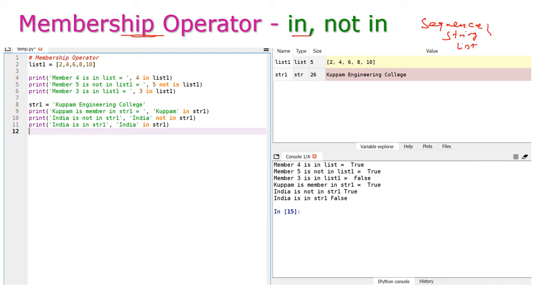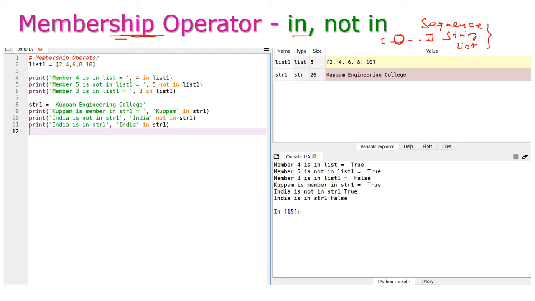For all these, we have a collection of data. So we are going to test whether a particular member is available in the list or not. For that purpose, we use the membership operator.